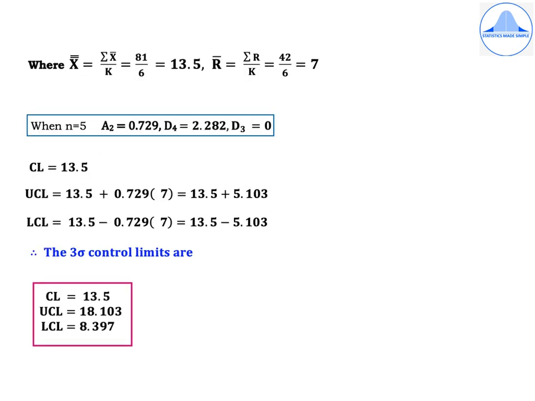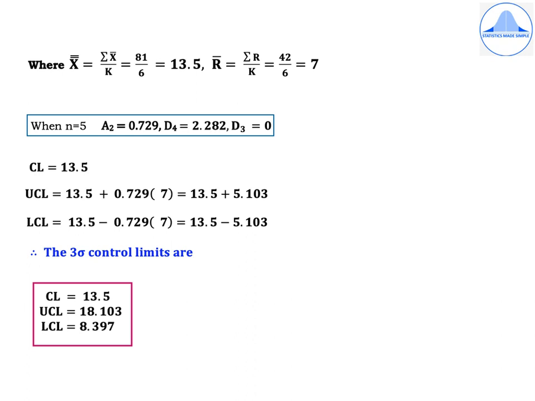X double bar is calculated using the formula summation X bar divided by K, which is 81 by 6, that is 13.5, and R bar is summation R by K, which is 42 by 6, equal to 7. When N is equal to 5, from the statistical tables, A2 is 0.729, D4 is 2.282, and D3 is equal to 0. So substituting, we get CL is equal to 13.5, UCL is 13.5 plus 0.729 into 7,